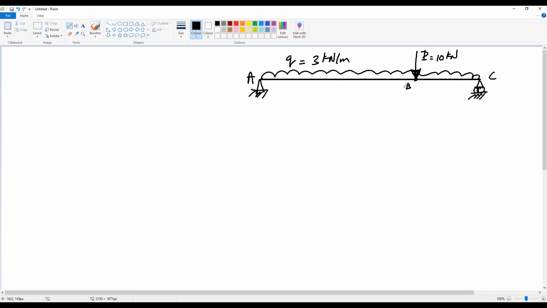The dimension of the beam is 6 meter from A to B and 2 meter from